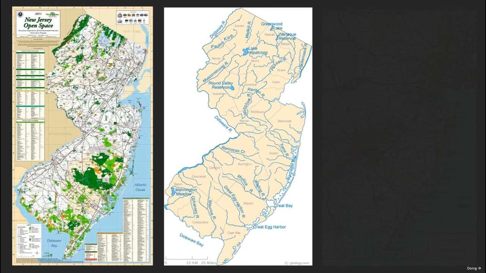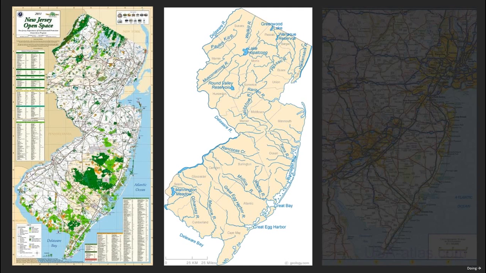Now, we've mentioned earlier, New Jersey is a very wet state. When you have 46 inches of rain per year, you have a lot of that water on the ground, and it has to go somewhere. These are the major rivers and streams in the state of New Jersey. Approximately 400 miles of what is known as Category 1 riverways exist in the state. Those are riverways that are protected. And that protection actually first started with bills and petitions by fishermen.